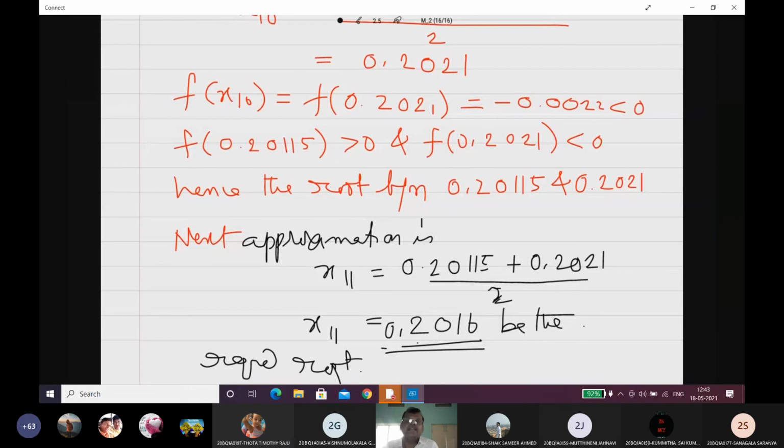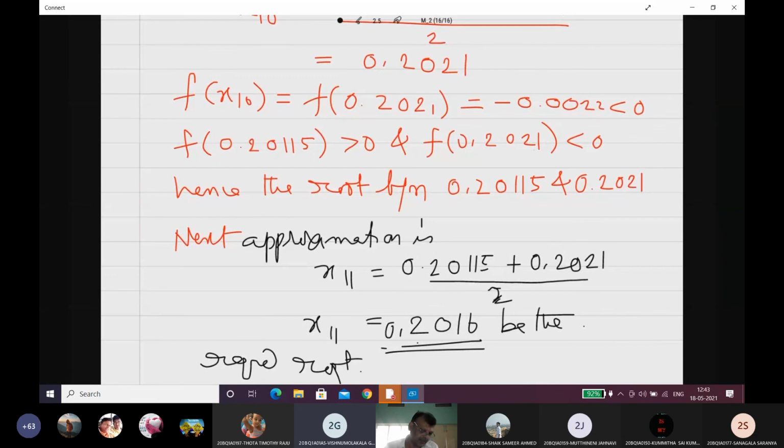So that is the answer. If we do more, we will get 0.2018 or 0.2019. We stop accurately at 0.201, up to 3 decimals. Okay? Sometimes they ask for 4 decimals, then we have to continue further and take 5 digits in the decimals. This is the method we have to use to find the approximate root of the given algebraic equation by using bisection. Is it clear? So observe positive and negative, then find the mid values and proceed like this.